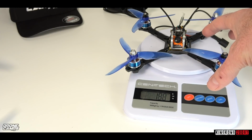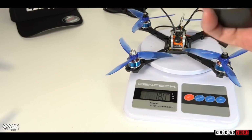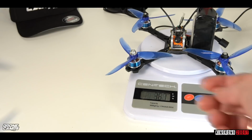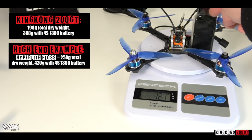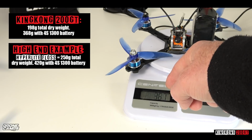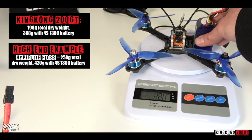Give you a dry weight there. It's 198 grams. Now this is a battery that I would probably fly on there, and this is a 4S 1300. That's going to get you an upwards of 367 grams total takeoff weight. It is heavier than some of the other featherweights out there with a 1300 on it, but you can actually